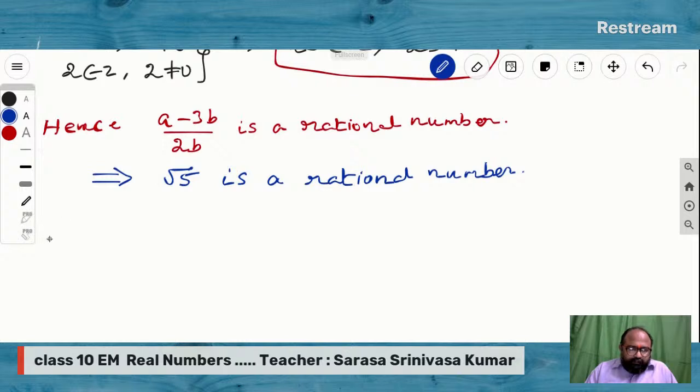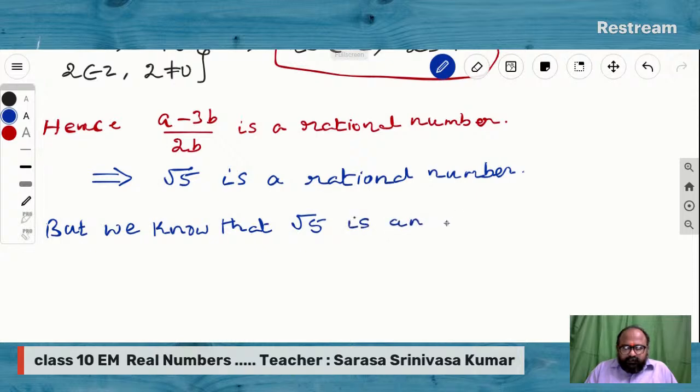But we know that square root of 5 is an irrational number. So what we can say is we got a contradiction